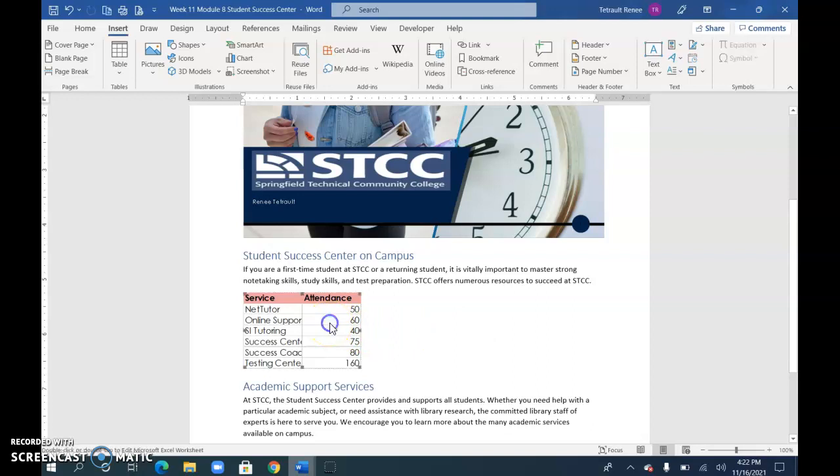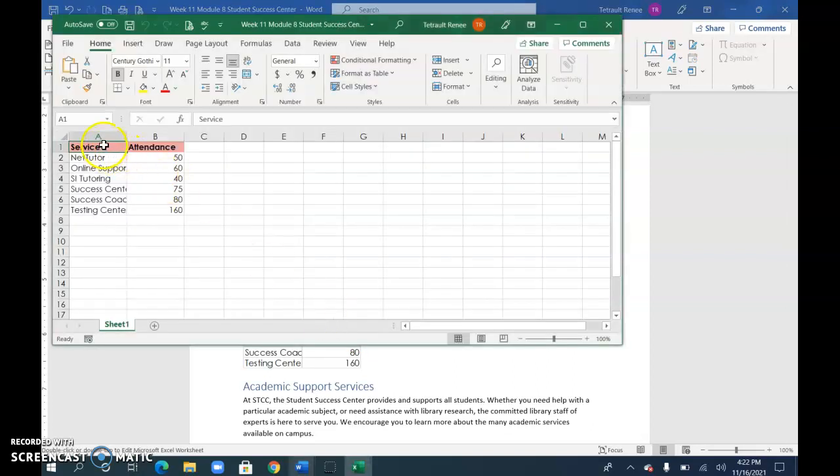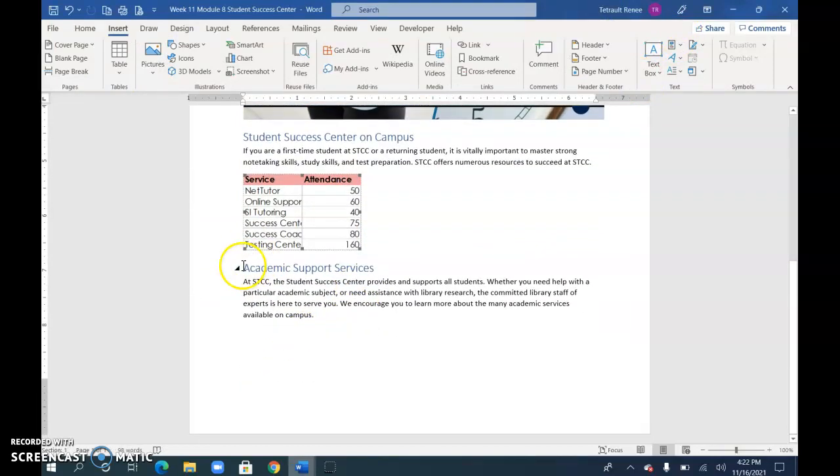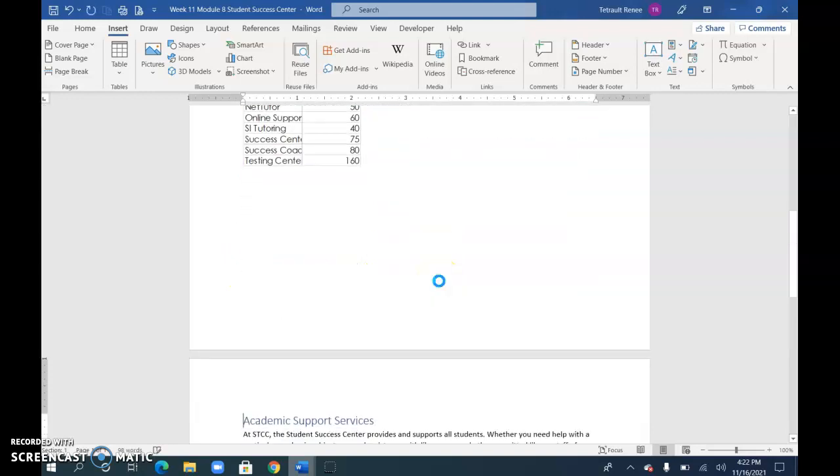Double-click the Excel spreadsheet so it makes the Excel part of it active. Select your range, Control-C, close out of here. And then underneath, we'll put Academic Student Support Services on the next page. So Control-Enter, Control-End,